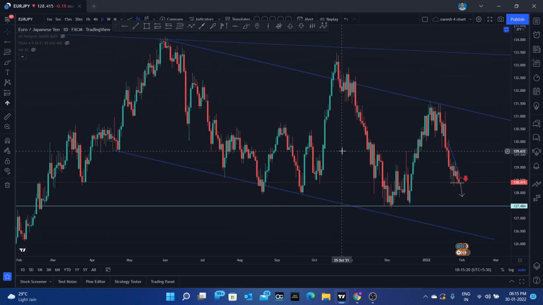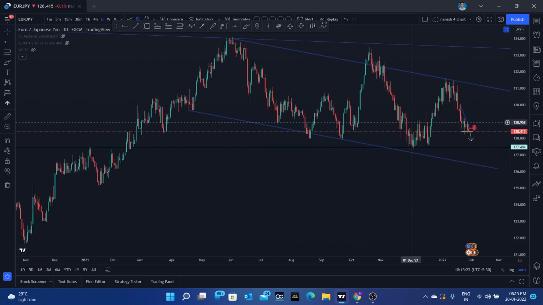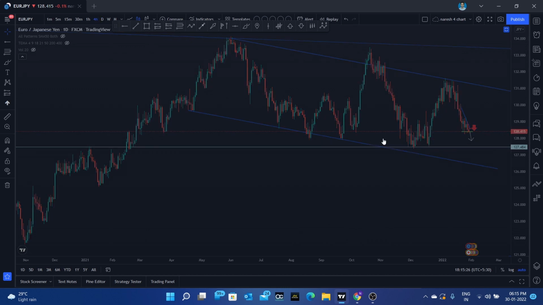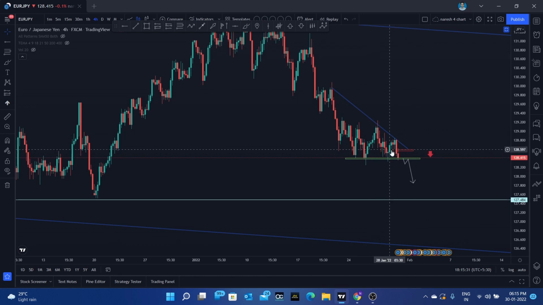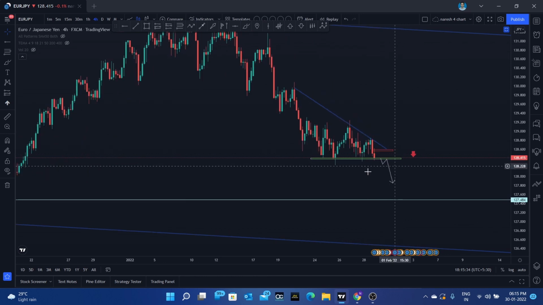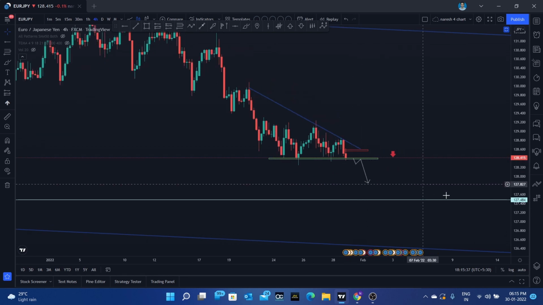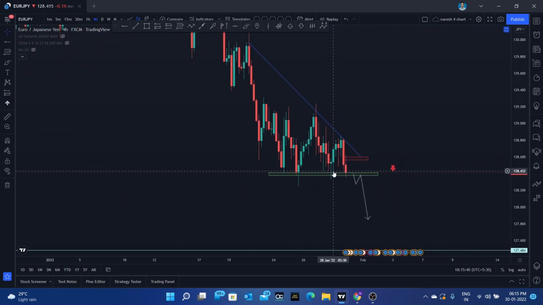So in the 1 day time frame, we can see it is in a major downtrend, and even in the 4 hour it is in downtrend, and it is making a good consolidation here, like a triangle consolidation, and we are having a good support here. I'm expecting the market to break this level, because it has already tapped this level many times, and this bias is not at all strong, because see the size of the candle. While it is pumping up, the candles going up are very small, but the candles coming down are very big. So the sellers' momentum is high.